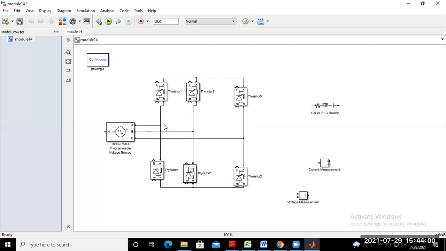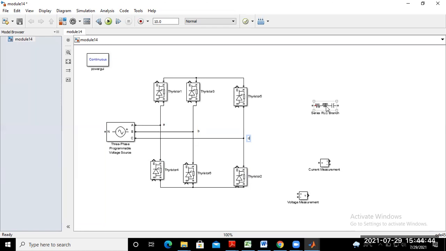So this is your A. Whether a capital A or a small a, and this is your B, and this is your C. Is it not? Anything we are missing here? Next, we just connect the load RLC. RL. So from this RLC, how can we create RL? So we have to remove the C. How can we remove the C? So from the property.